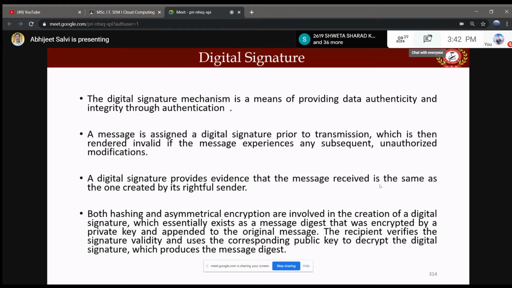On the receiver end, it is going to be verified with the public key. Any change in the message will invalidate the signature. So if you change anything in that particular message, it will indicate an invalid signature. That is how we have the digital signature.